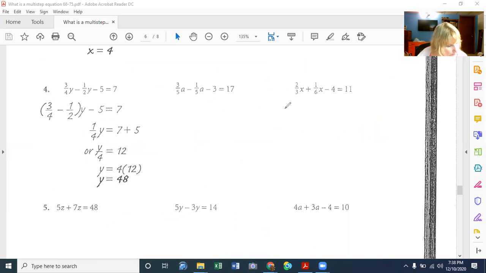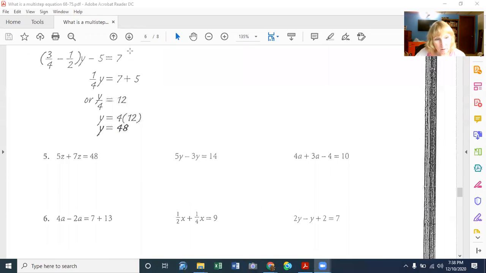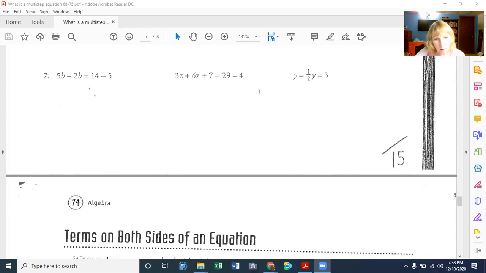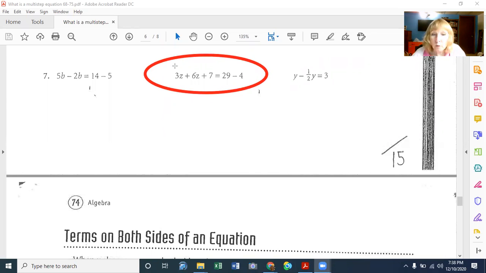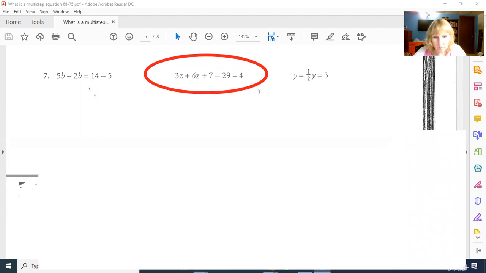That was 4C. I want to do 7B. So let's go on to 7B here. That's this one here. Make some more white space. Okay, we have 3z. Again, we get the z's, I guess. Plus 6z. Try to make it look like a z and not a 2 as best as I can there. That's pretty good, actually. Plus 7